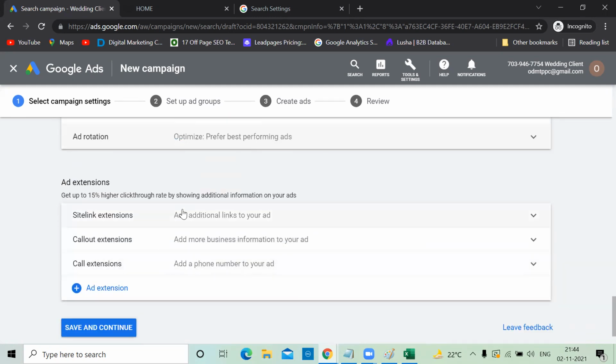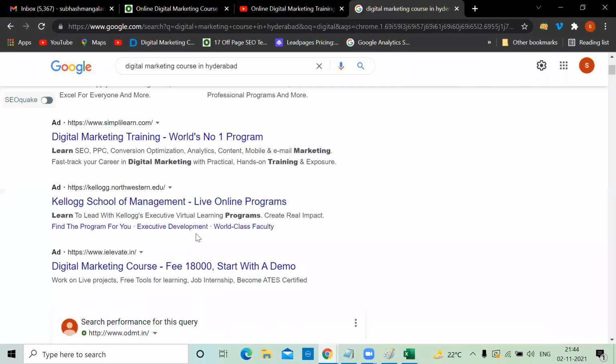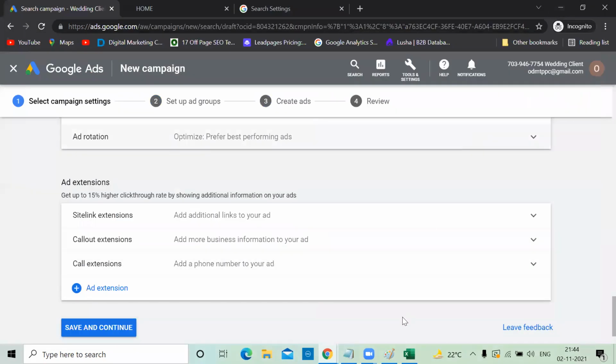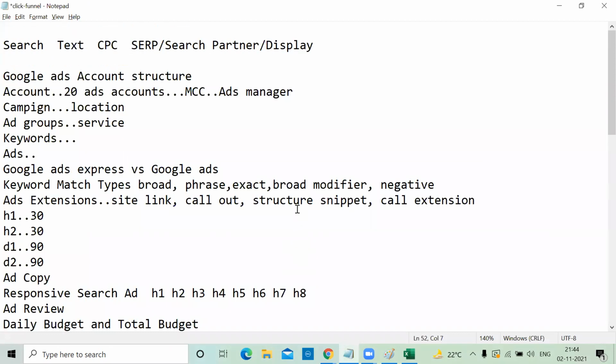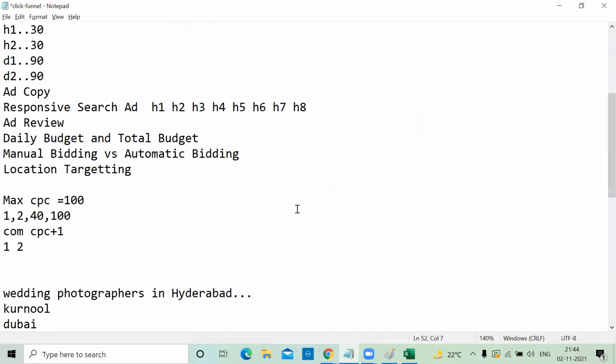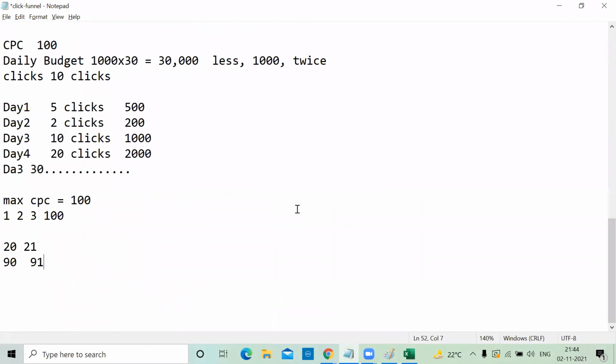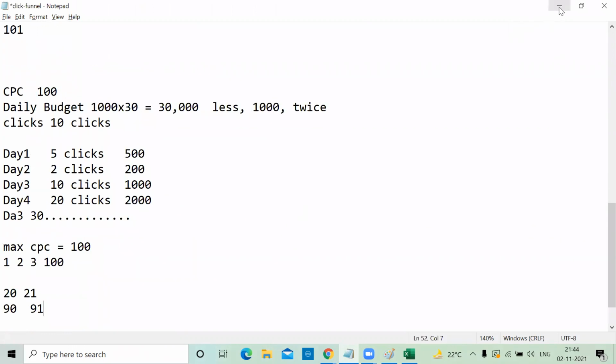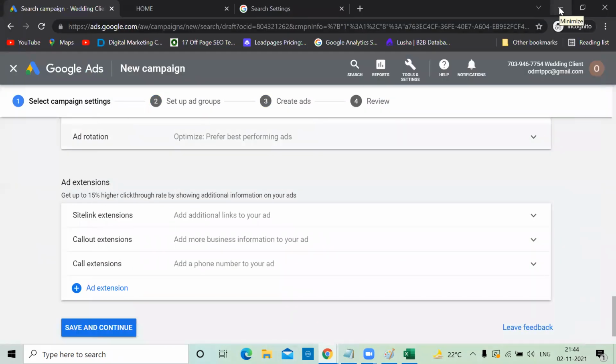Ad extensions. I explained in the previous video that apart from the normal ad, you can show site links and all these things. So create ad extensions. The mandatory extensions I mentioned here are site link, callout, structured snippet, and the call extensions.